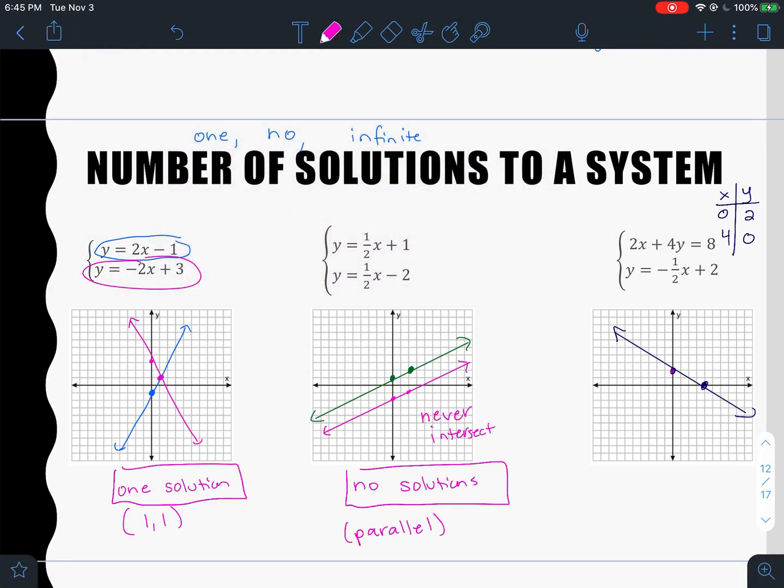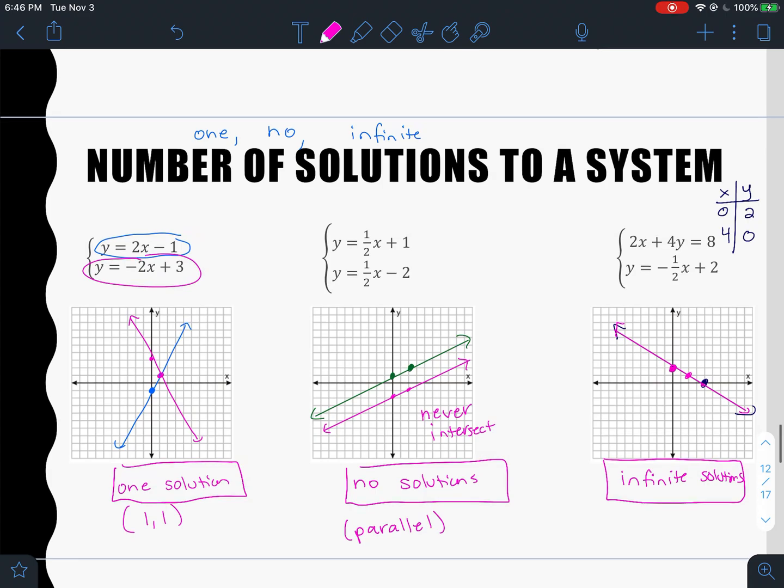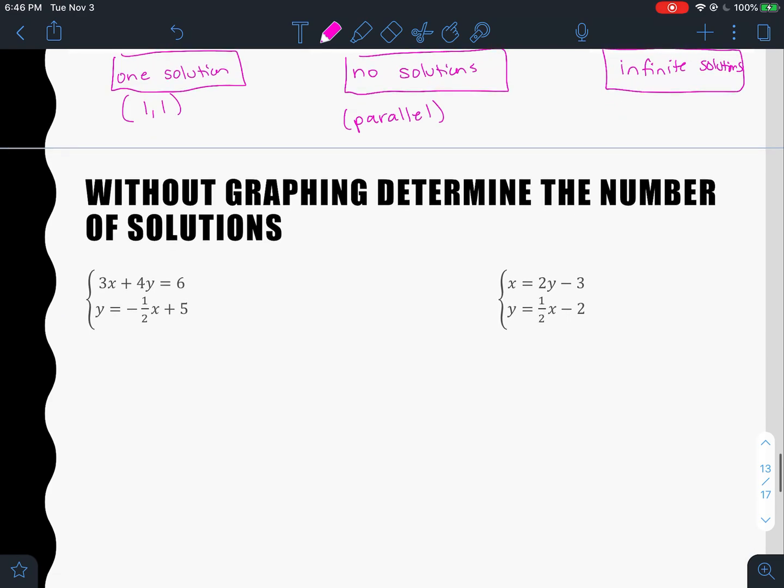And then the second one, we have y equals negative 1/2 x plus 2. On this one, we would start at 2, and then we would go down 1/2, and look, it's the exact same line again. Notice it's the same line over the same line. We would say that these have infinite solutions. If you graph the same line twice, we say they have infinitely many solutions in common, not just one or none. So those are your three options for how many solutions there could be to a system